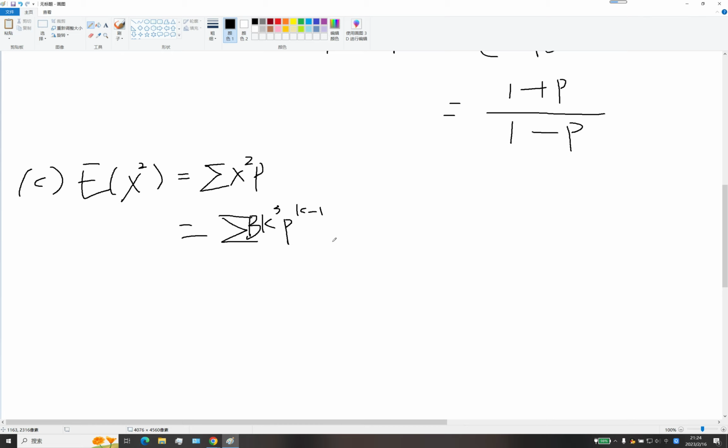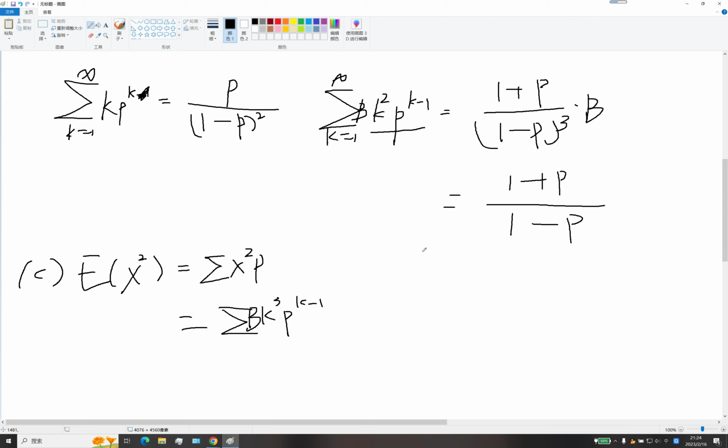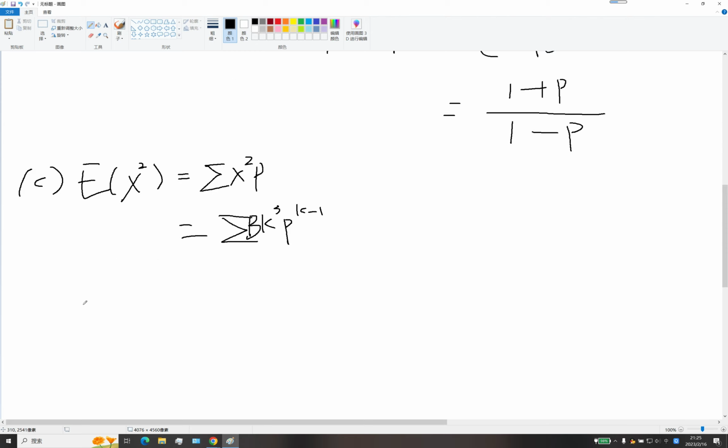So we want to get this the same as above. Now we just calculate the first part, this part, k squared p^(k-1) equals,